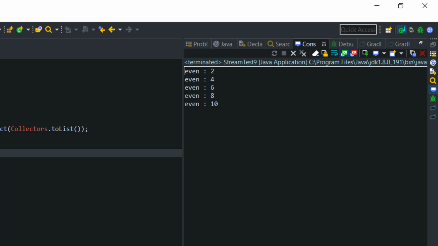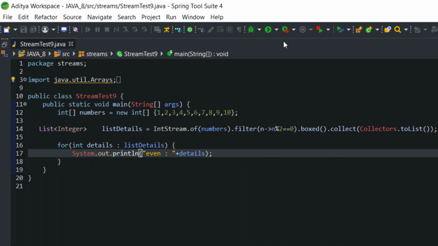Now we have taken data from a primitive and saved it to a list, and it processed the data exactly the way we wanted. So there are other methods also residing inside IntStream.